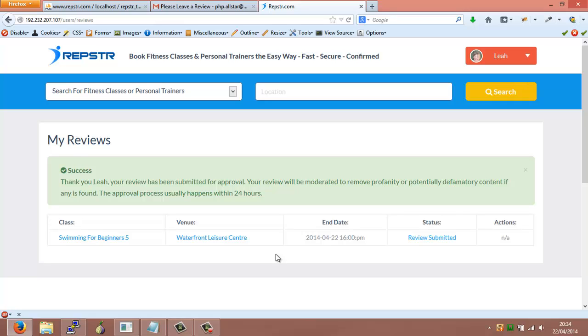The reviews have to be moderated by administrators to, as we say, remove any profanity or potentially defamatory content, because you don't want to leave yourself hanging out to dry from a legal point of view for any slanderous comments or stuff like that. We can see the status here as the review is submitted. Behind the scenes now, what has happened is the administrator has received an email asking him to moderate that review. I'll just log out here as the user